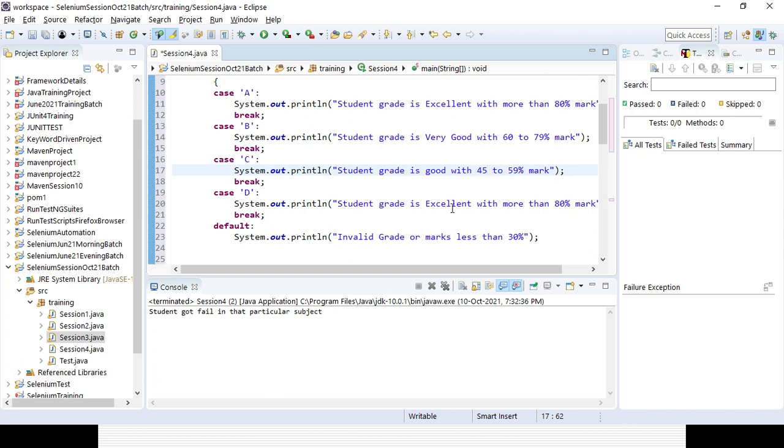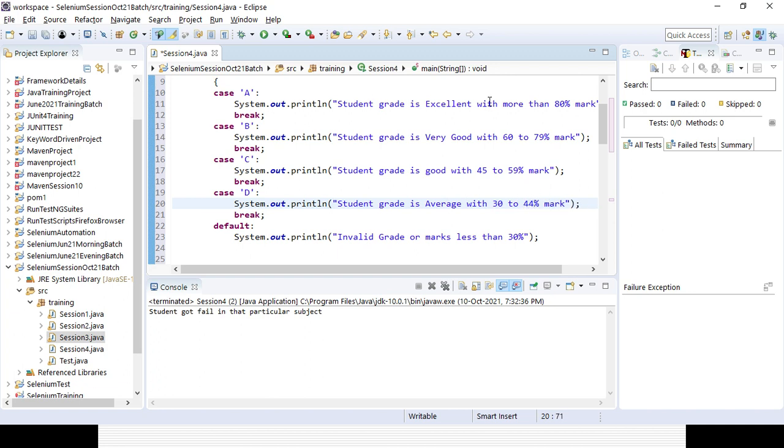Student grade is average with 30 to 44% mark. So that way I can segregate it, right?